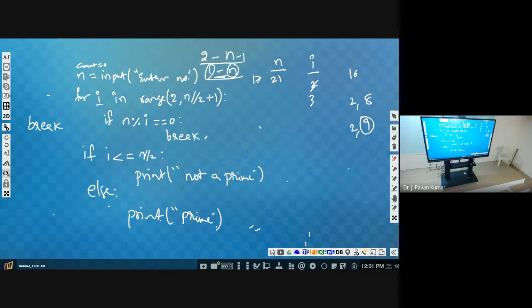That is important. Terminating the loop is not the functionality of break, because even without break the loop will be terminated. But when? Whenever i reaches n by 2 plus 1, only then the loop will be terminated. That is normal completion. If you want to terminate prior to it, then we can use break.